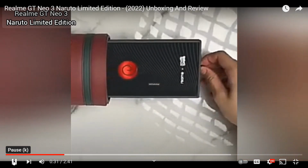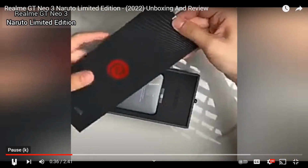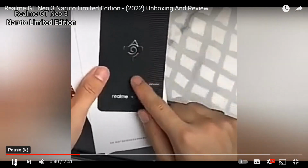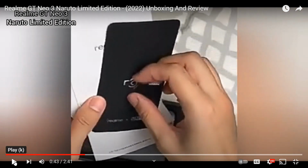We'll have a look. Realme also made sure the packaging is on point, with a special scroll box containing the phone. That is awesome, because that is Naruto Uzumaki's sign, and he does have that at the back. So I'm really glad that they've included that feature as well. Special case, a Naruto SIM ejector pin, the 150W charging brick and cable, as well as a Naruto theme. So it's got a charging cable and the